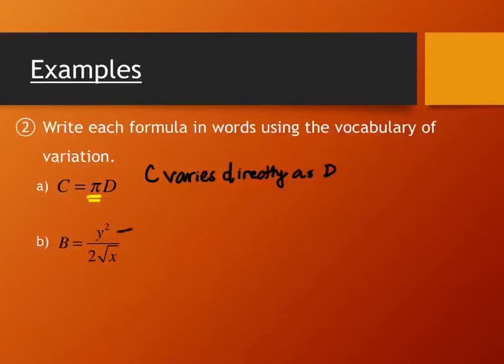Now, on this one, we have y squared on top, and we have the square root of x on bottom. So even though there are two variables on the right, they're not varying in the same way. One is a direct variation because it's in the numerator. The other is an inverse variation because it's in the denominator. So we can't use the word jointly on this one. So we'll say B is, and we'll use the other phrasing of varies directly. So we'll say B is directly proportional to